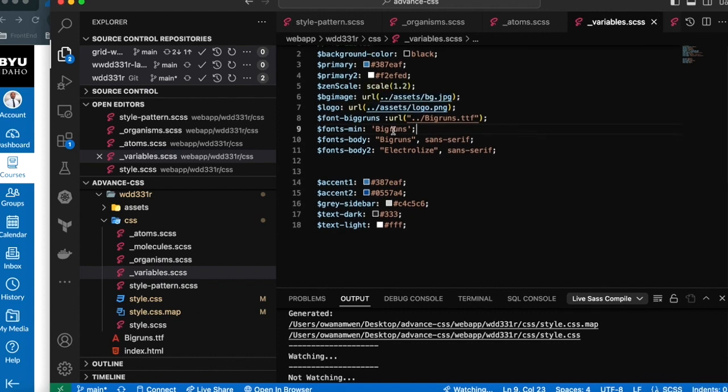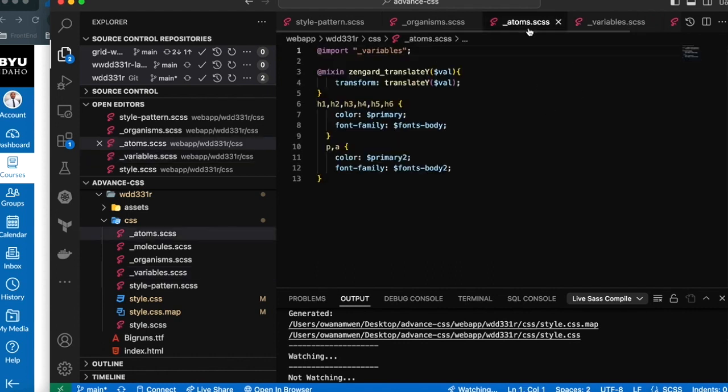That is why I graded myself like that. We already started implementing it, and we know what it's all about. All our mixins are in atoms. We do it here, and also all the repeated h1